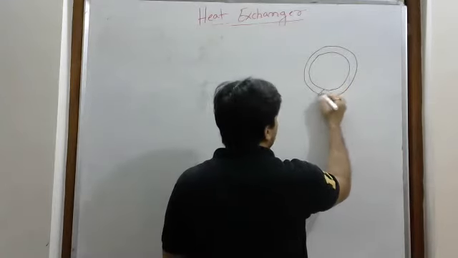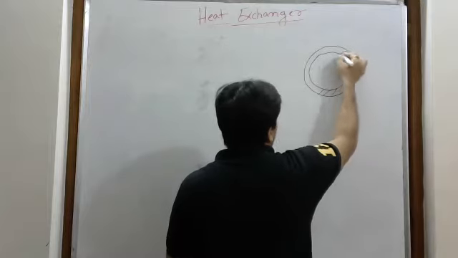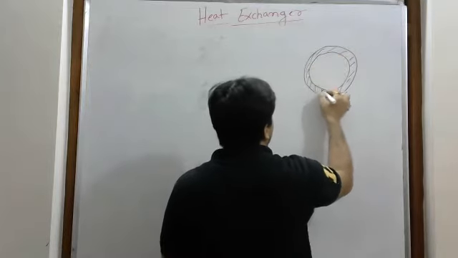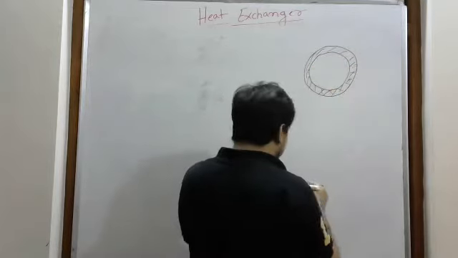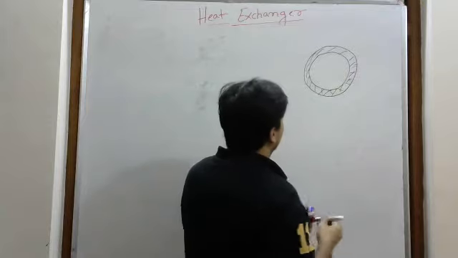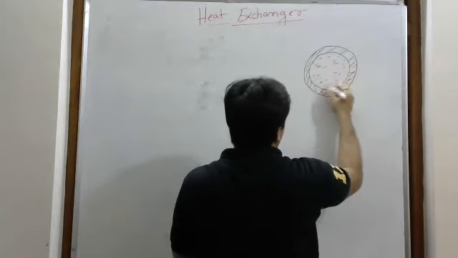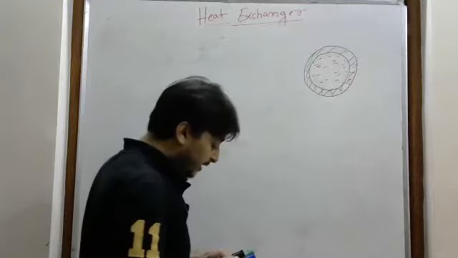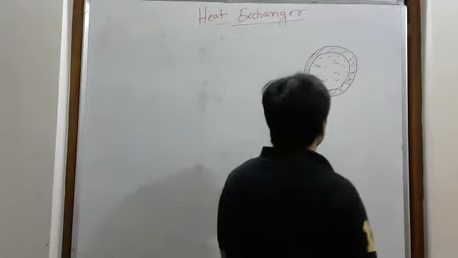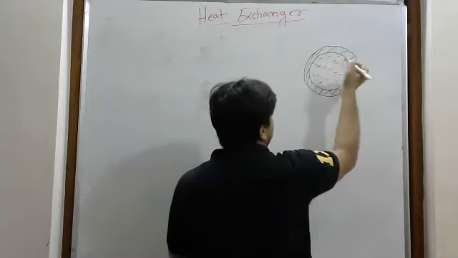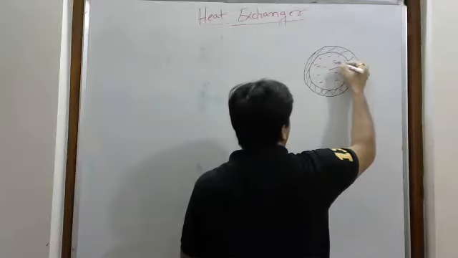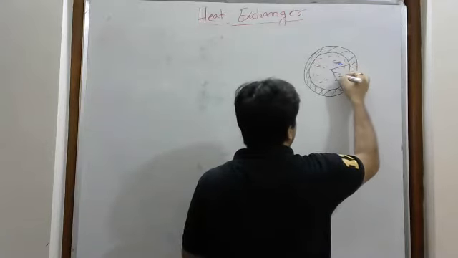This part is the thickness part, and there is a material. Inside that, fluid will flow. These are fluids. Okay, I am taking a radius of this. This is the center. So this one is R1, and this is R2.